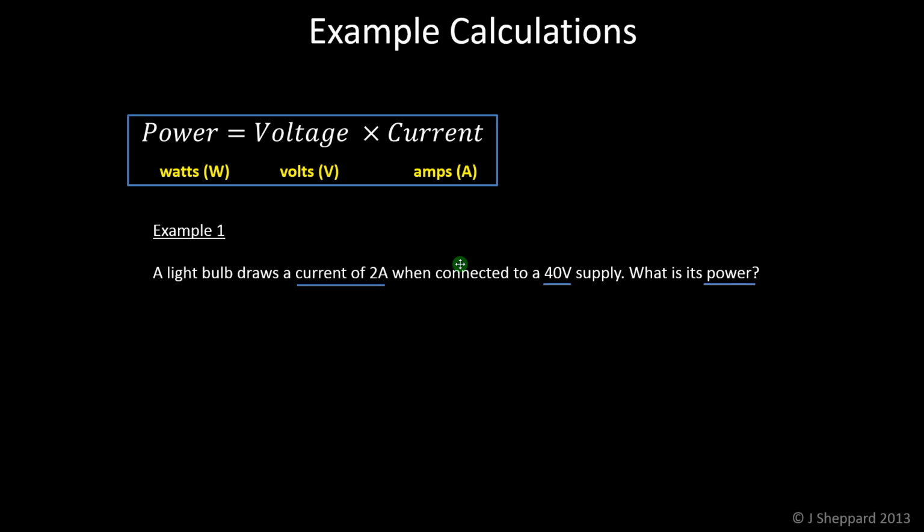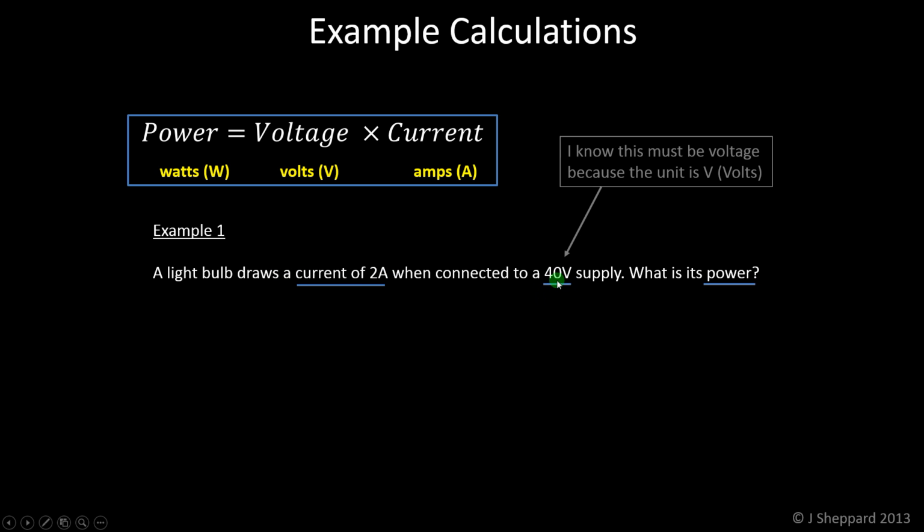Now, you know in this case that we're using this equation because I'm using it as an example, but in the actual exam paper, you're going to have a whole bunch of questions and a whole bunch of equations in the front of the booklet. You need to be able to identify which equation you're using. So the way we do that is to look at what we've been asked to find, power. Our equation is going to have power in it, right? And then we look at what else we've been given. We've been given current, and we know that this 40 here is voltage because you've learned units,